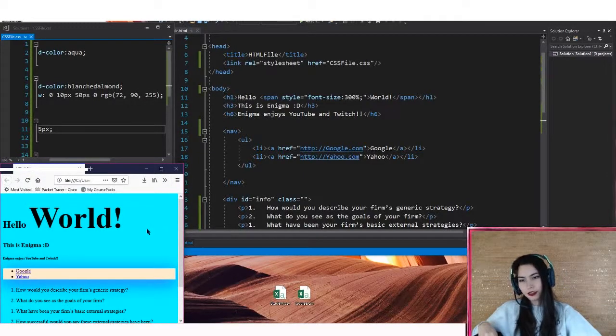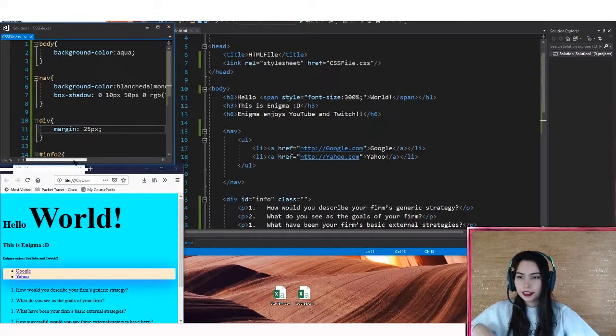I guess that's also how thick it is. But I do like how thick that is. It looks really nice. So let's see. Besides the box shadow,